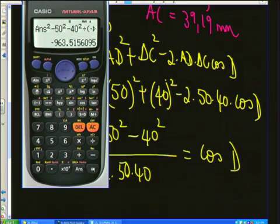So let's just see where we've made a mistake. It was the 39 minus the 50 squared divided by, let's just see here, because you're subtracting the 50 squared, you're subtracting the 40 squared, and then you're dividing by negative 2 times 50 times 40, and we get equals. Now it's even giving me another answer. So this is very...